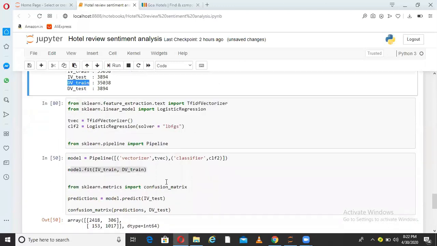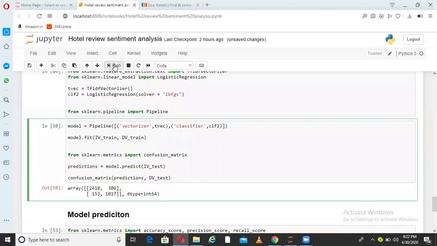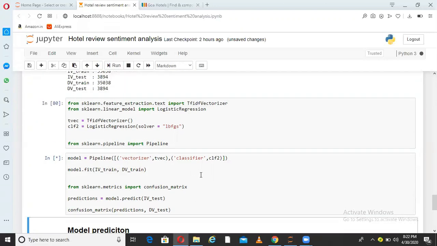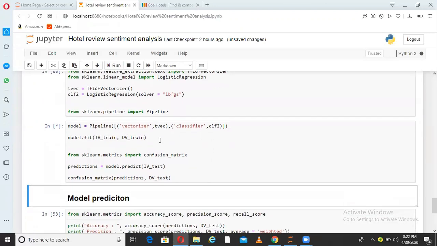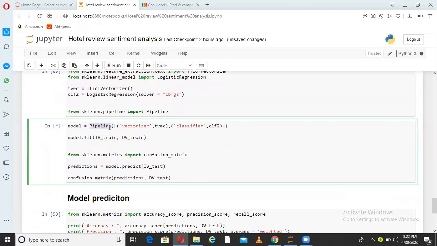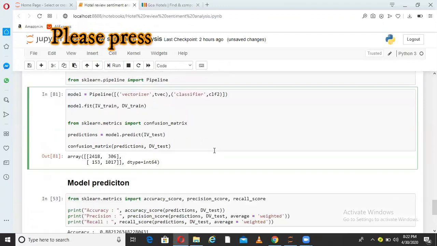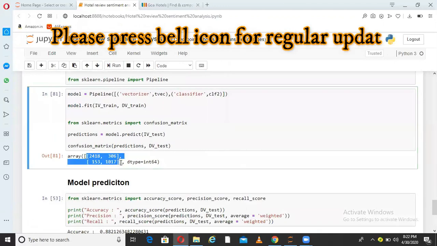On these two I am fitting the model here, and you can see the model is training and I am able to print the confusion matrix here. Model is training in the background. I am rerunning this so that you can have a look at how things are progressing. Both things are happening in the background. The job of this pipeline is to run this vectorizer and then create a classifier as well. As you can see, we have the confusion matrix printed. This is on the test data.